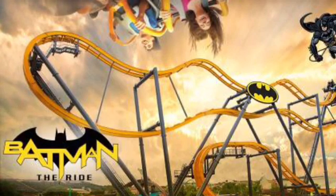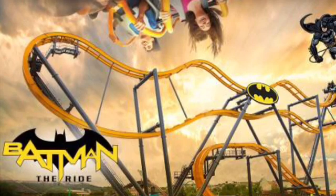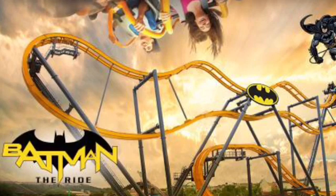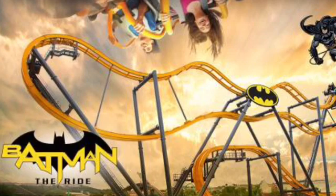Yes, I know it's an SNS 40 free spin clone, but I'm still excited for it because those things look so cool. And so anyways, that wraps up this construction update of Batman the Ride coming to Six Flags Discovery